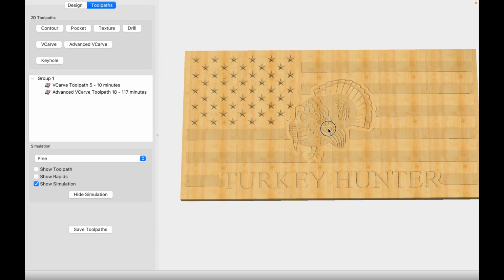And so that's how you would carve this flag, guys. And I would do the exact same process on every single one of these. How you want to color it, paint it, stain it is all up to you. That's where you guys can get creative. But this is how you would be able to create your own custom flags and then have an opportunity to